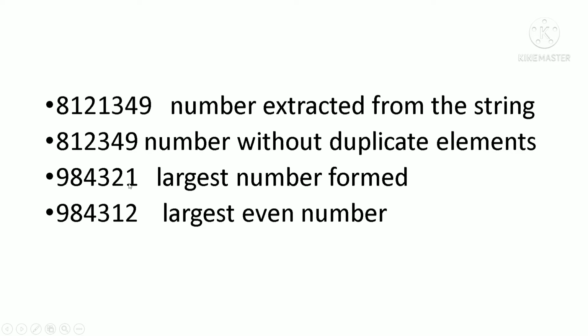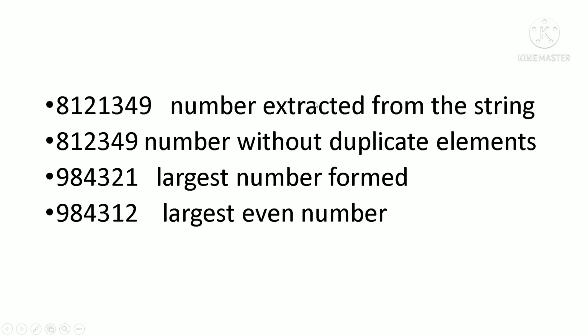How will we make this one into an even number? If it is an even number, its units digit must be divisible by 2. So we see that here it is 1, which is not divisible by 2. As it is in decreasing order, we will traverse backward and check for the digit which is divisible by 2. If it is divisible by 2, we will simply remove it from its position and add it into the units digit, so that it will become the largest even number. So this is the largest even number that can be formed from those digits. This is the logic that we will follow in this one.